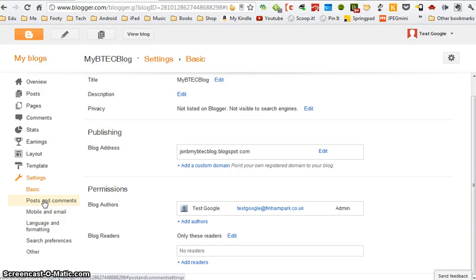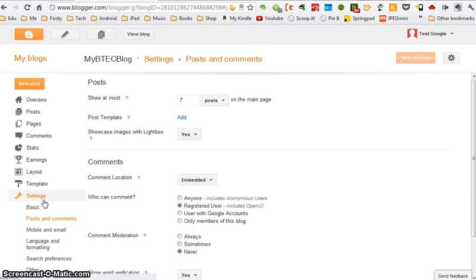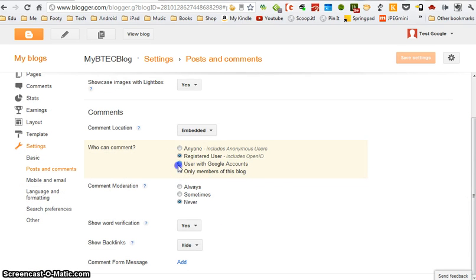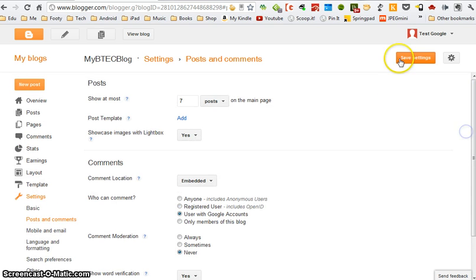Okay, so posts and comments, who do you want to be able to post on your blog? We're going to set that to user with Google accounts, and that will be your teacher. Other people won't know the address of your blog anyway, so the only person that will be able to do that is your teacher. So you're going to click user with Google accounts,